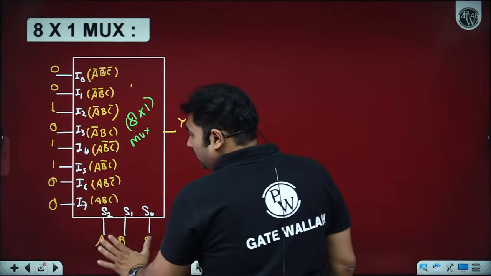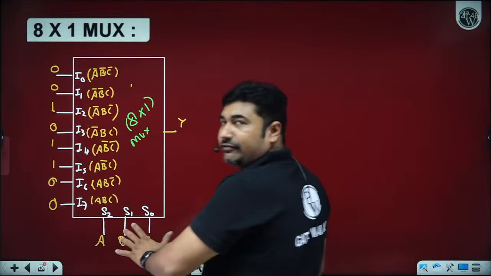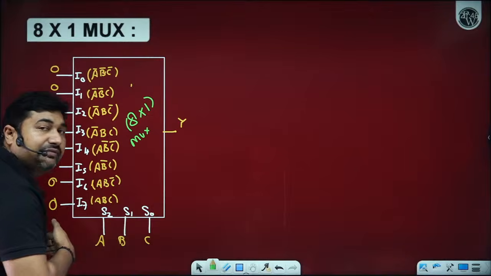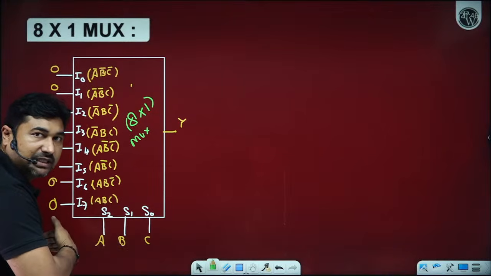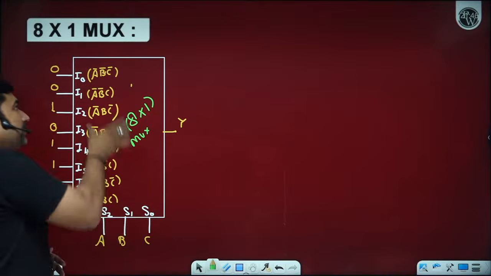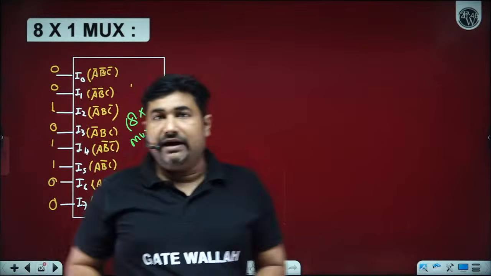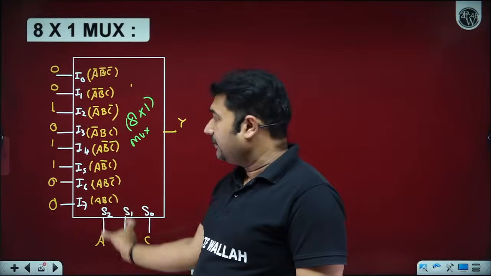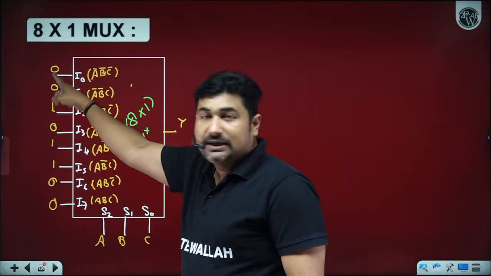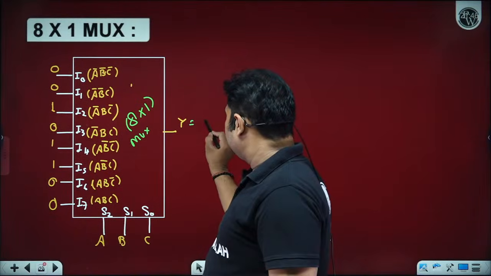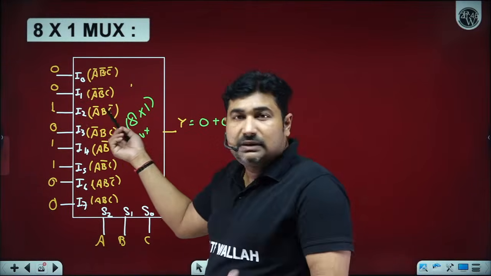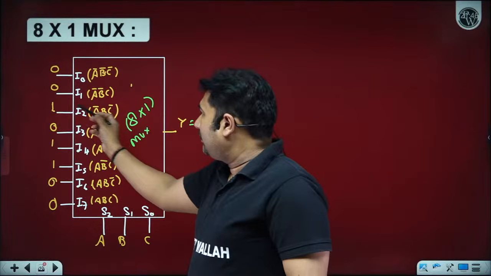Yes, sir. Because of the select lines, by default, we all know that right to left we have LSB to MSB. Is it okay? So based upon the select lines, we have a select line condition as A bar, B bar, C bar for I0 and so on. Now this is going to be multiplied with this. So what we will get? 0 plus this will be multiplied with this. We will get 0 because 0 multiplied by anything is 0. This will be multiplied with 1.